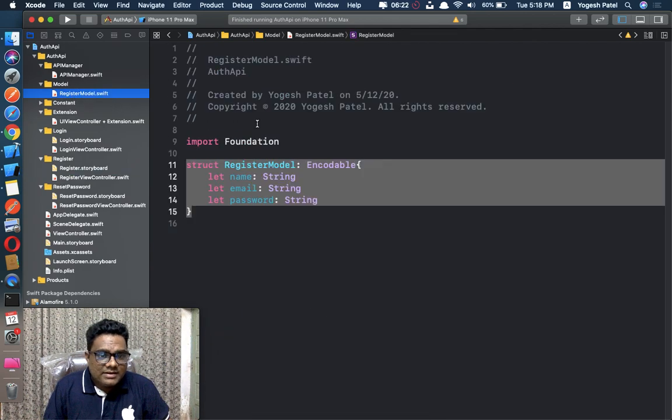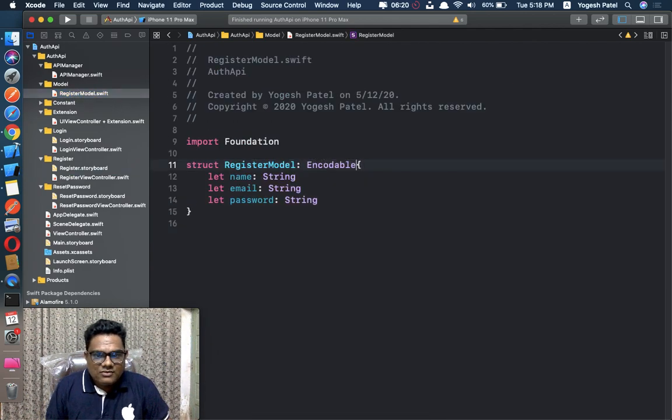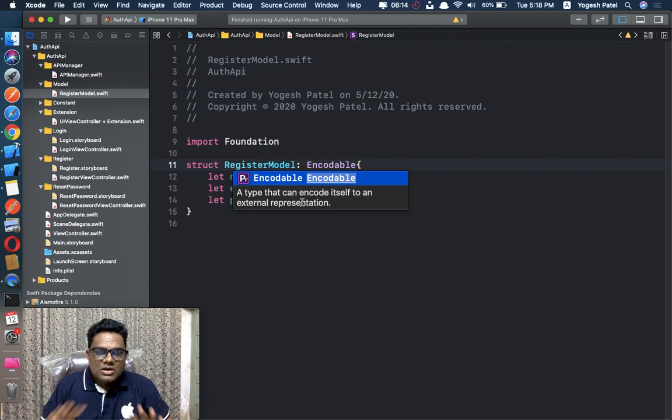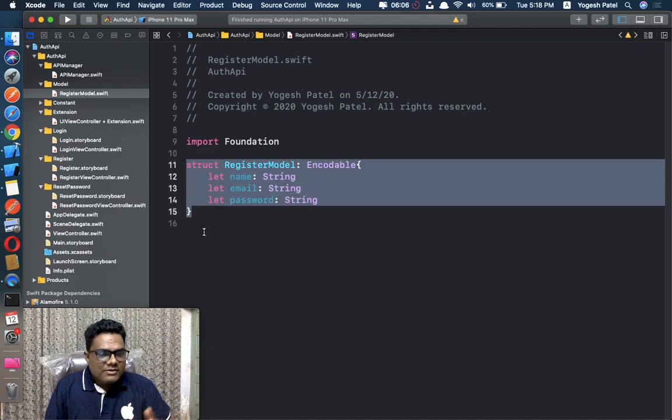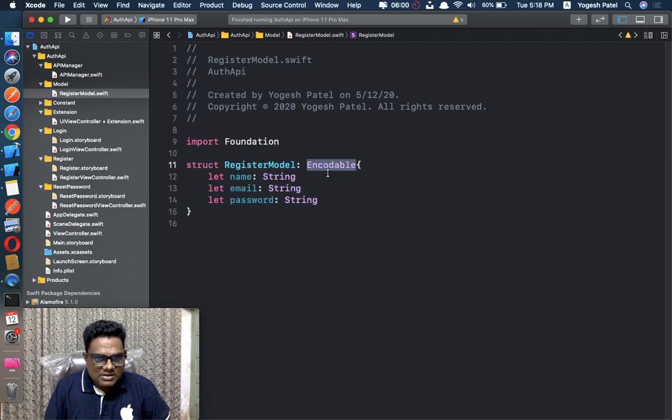So I have written the Encodable protocol here, and as you can see, a type that can encode itself to an external representation, so it's going to encode itself. So our dictionary is going to be encoded itself, so no need to worry about it. It's a very good thing. Whenever you're using any post method, just make the model and pass the model in a parameter, and conform to the Encodable protocol.